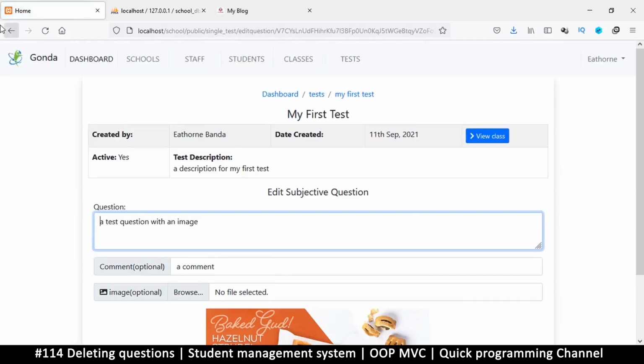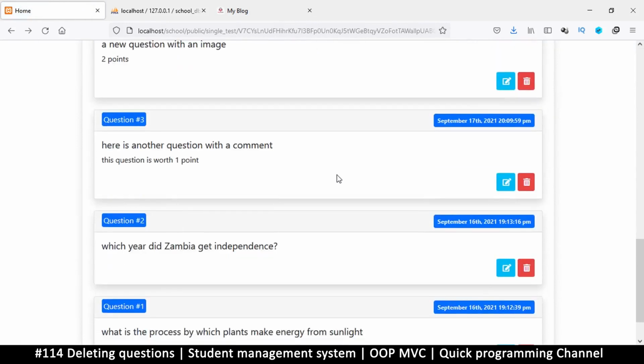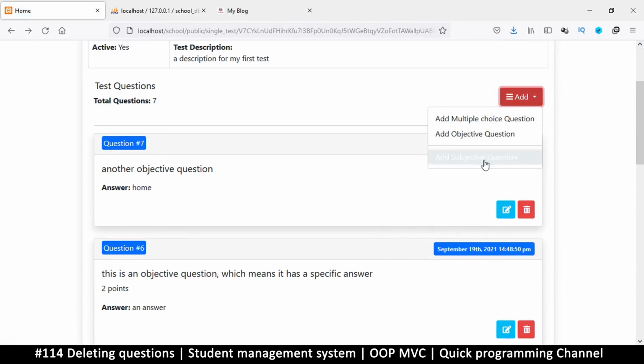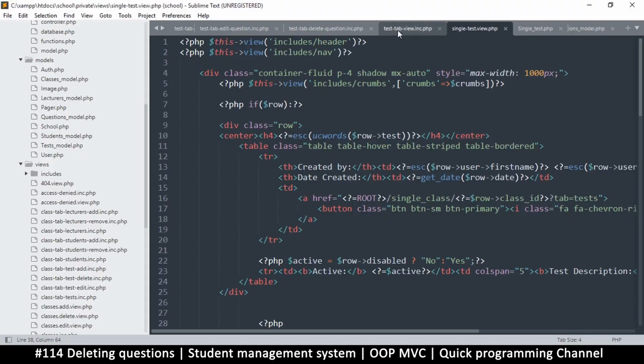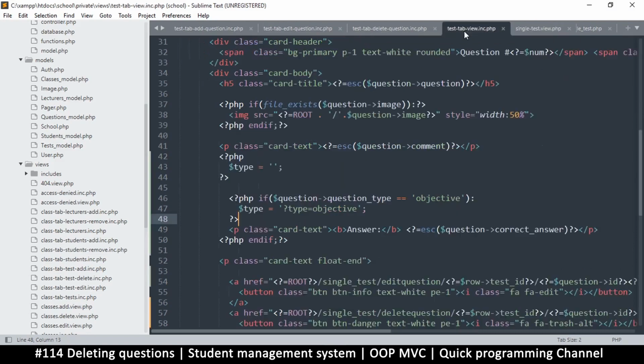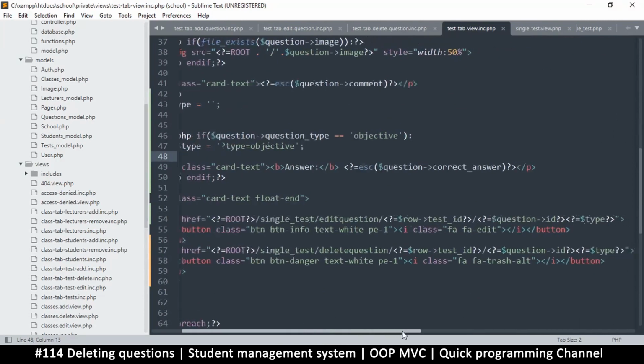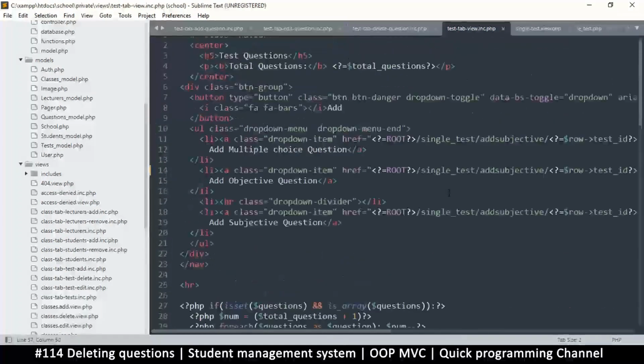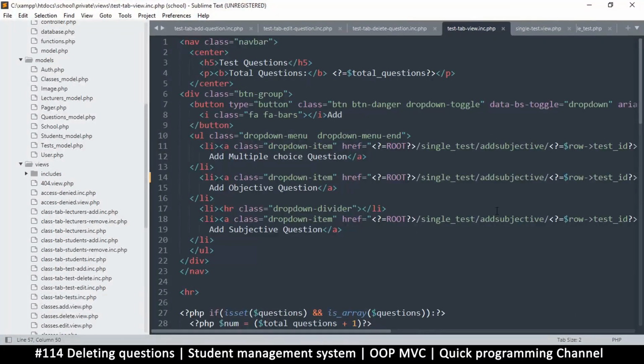Here also, let me come back here for a second. What did I want to change? I wanted to change the add. When I click add subjective, it sends to the add subjective, but it should be add question. So right where we are displaying our questions, which is inside tab, test tab view, right here. So the edit and delete are good, but the adding right here. So instead of add subjective, let me change this subjective